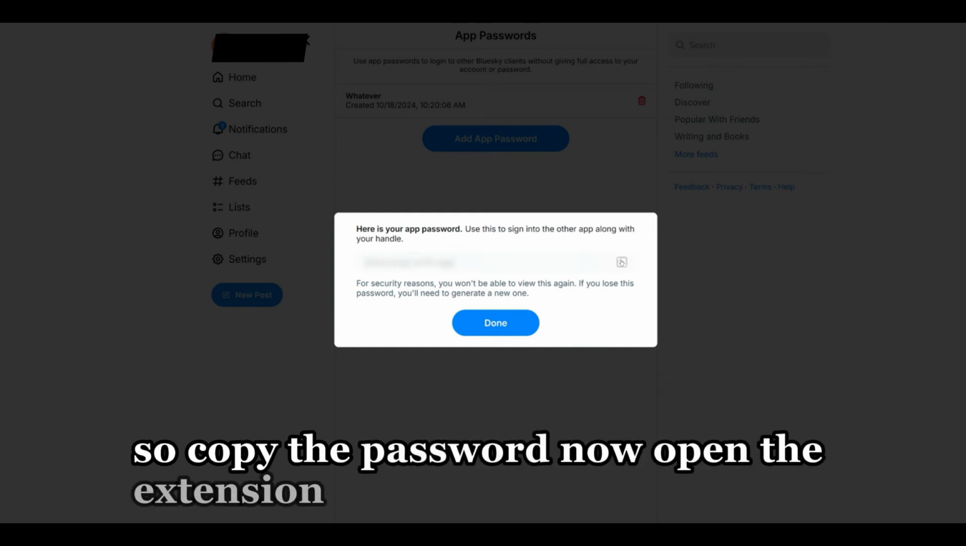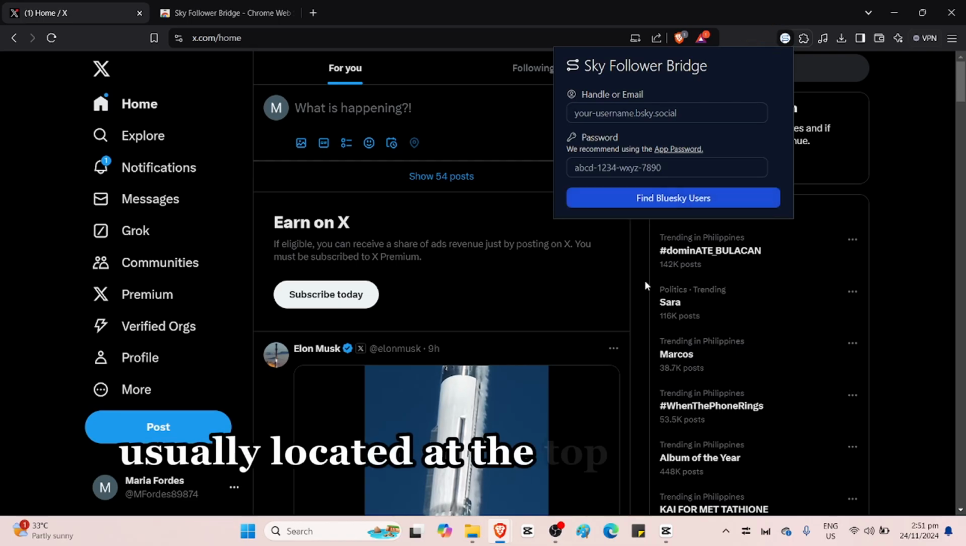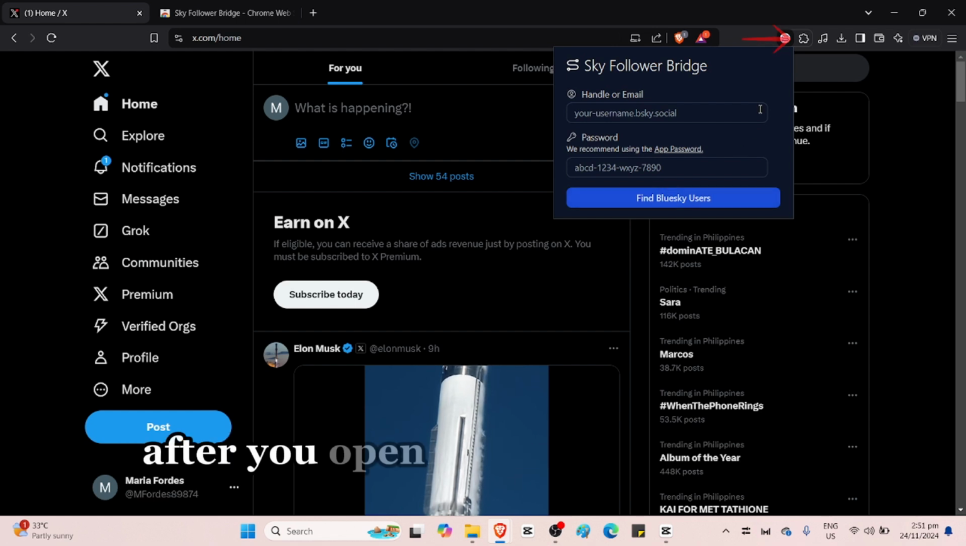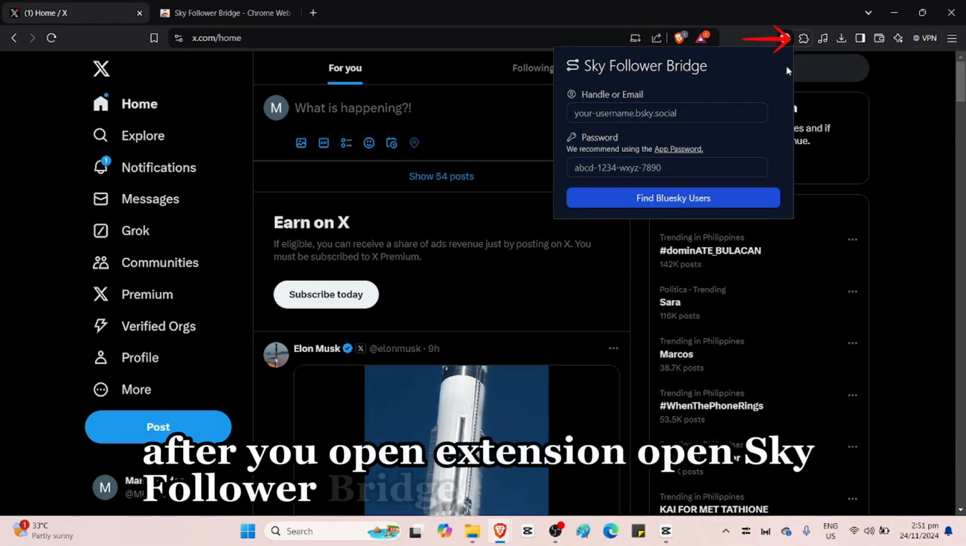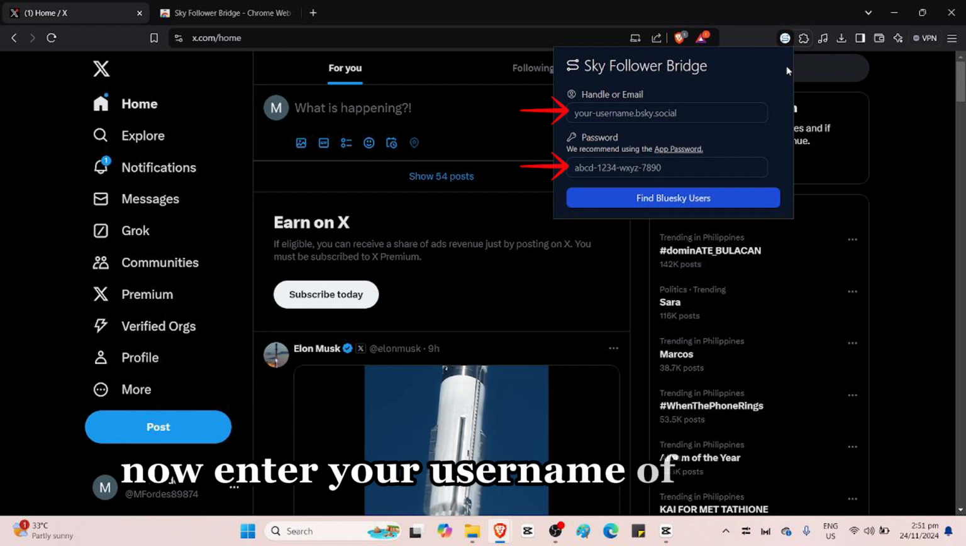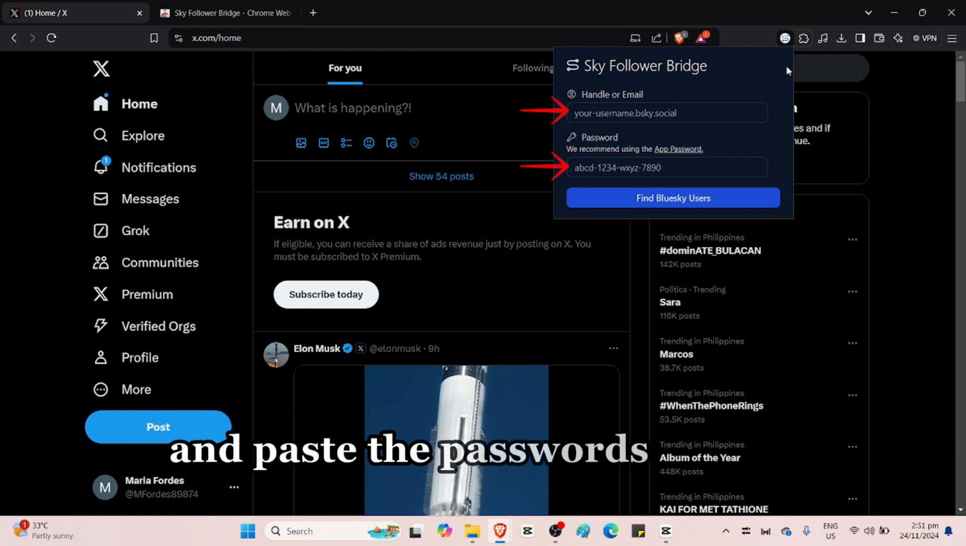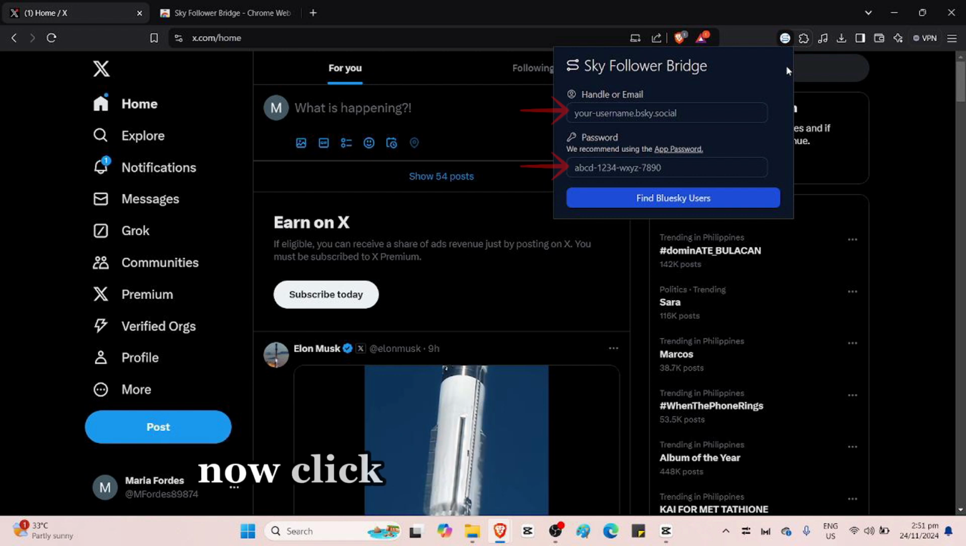Now, open the Extension tab, usually located at the top right of the screen. After you open the extension, open Sky Follower Bridge. Now enter your username of BLUESKY and paste the password of the App Password. Now click Find BLUESKY Users, and there you have successfully migrated your Twitter follows to BLUESKY using the Sky Follower